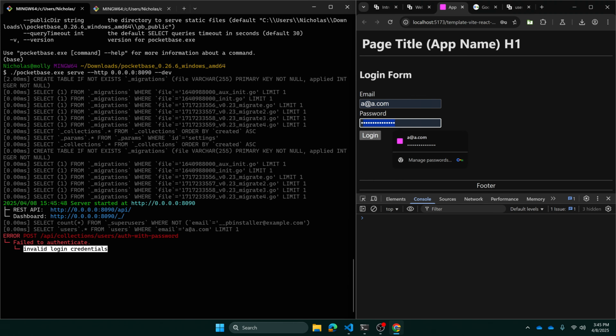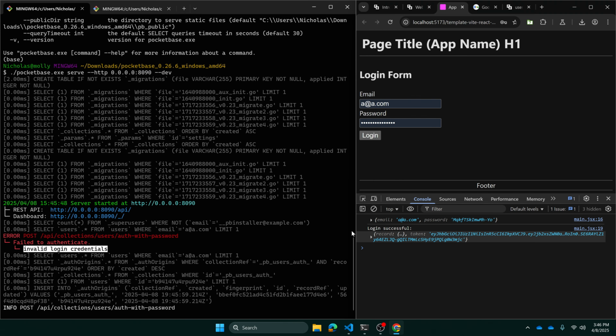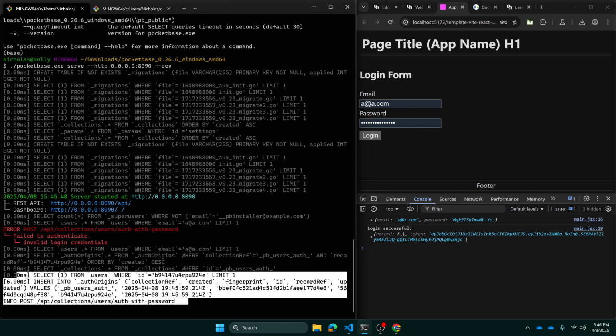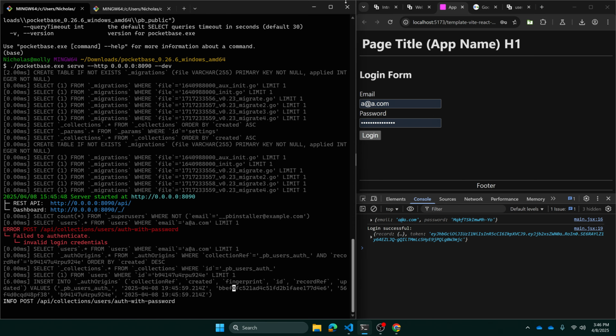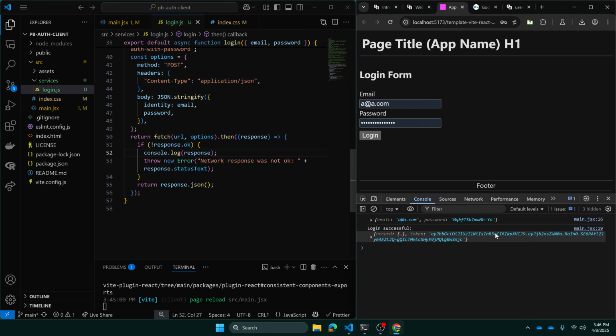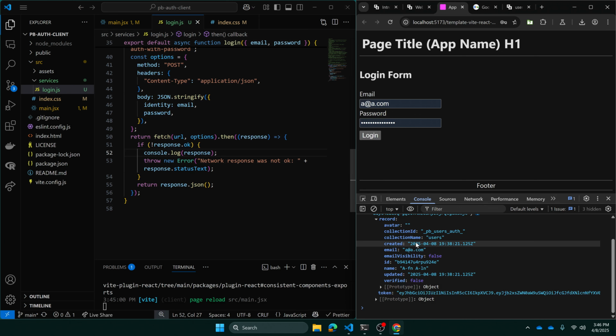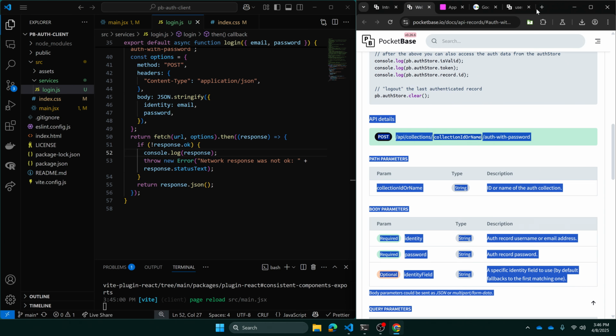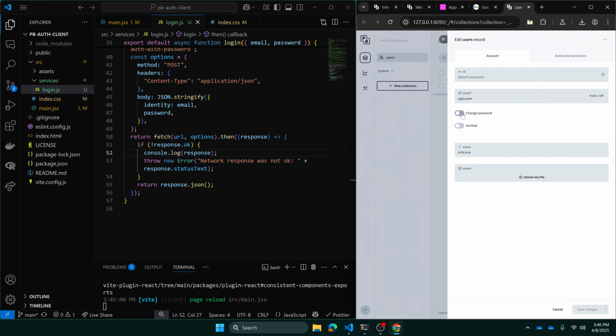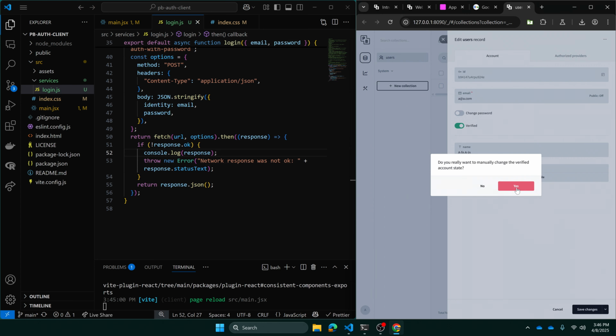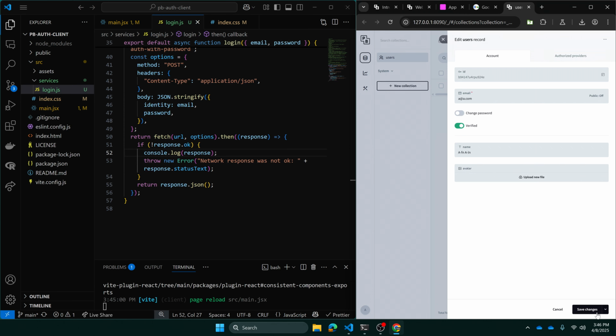If we reload the page and get our auto-filled password, then we see everything went fine, and we got back this successful login here. So we get a record, which is the user row for this user. This is their name, this is the email, and different created and updated dates. It says verified false, probably because in the UI panel we didn't verify it, but we can do that manually as an admin. So I'll say that they're verified,